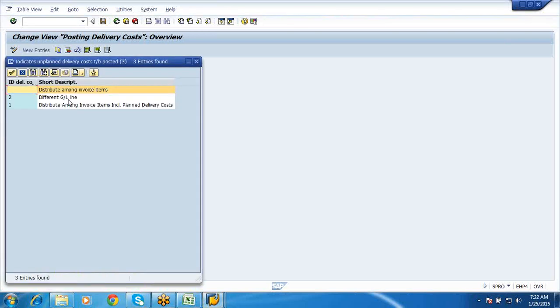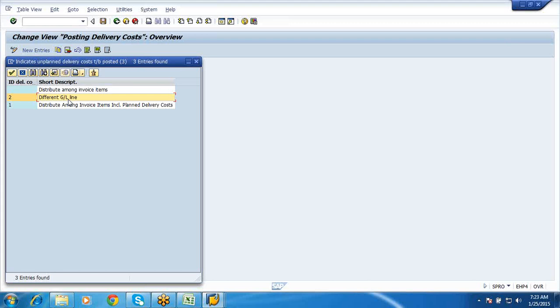The second one says different GL line. They would ask you about the concept of the invoice, how you would be reducing the invoice, how the invoices are posted, what your credit memos are. That is how you can represent it.